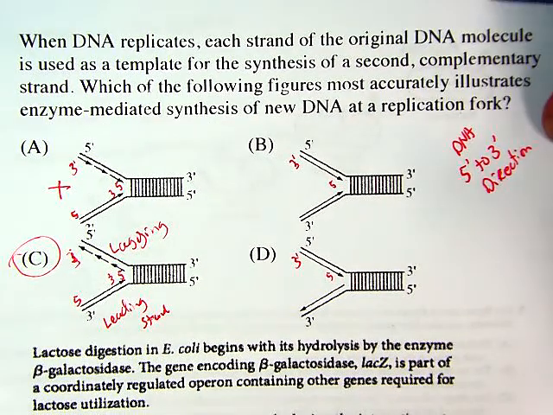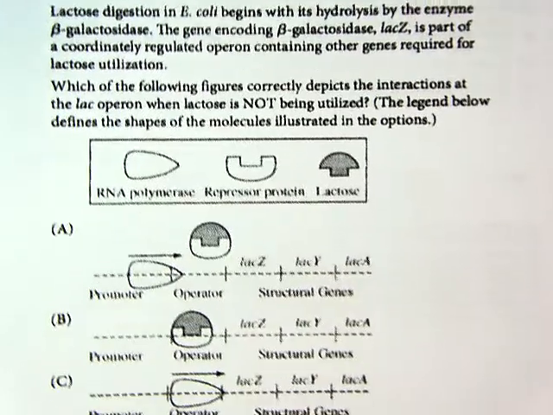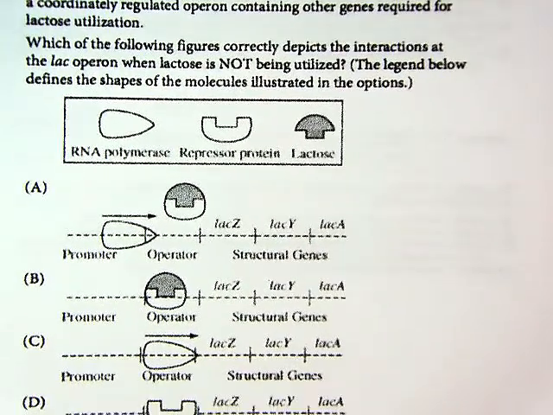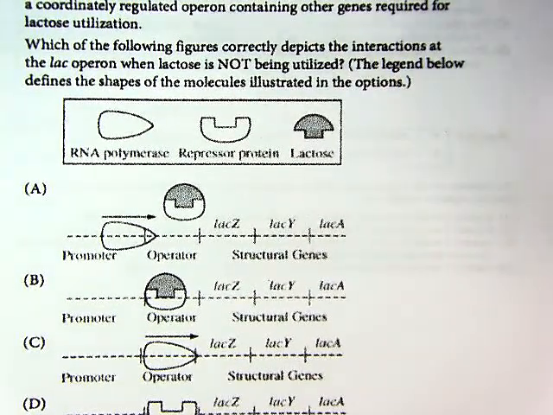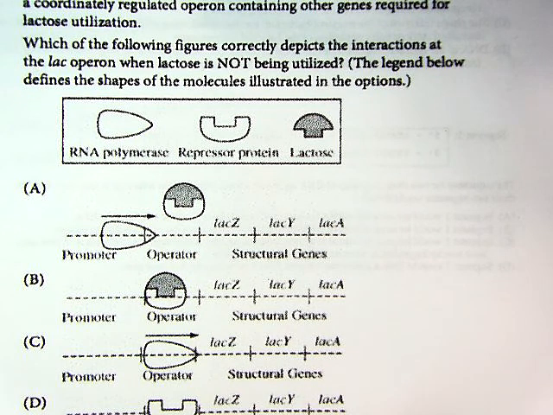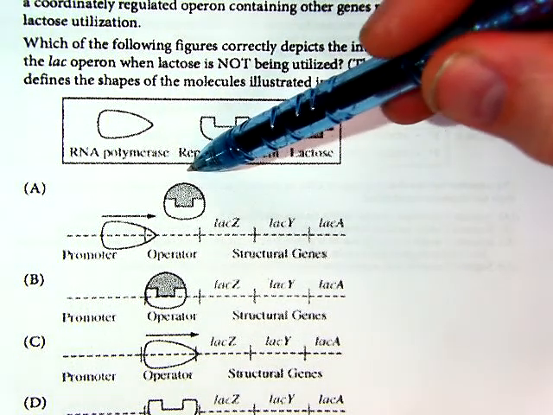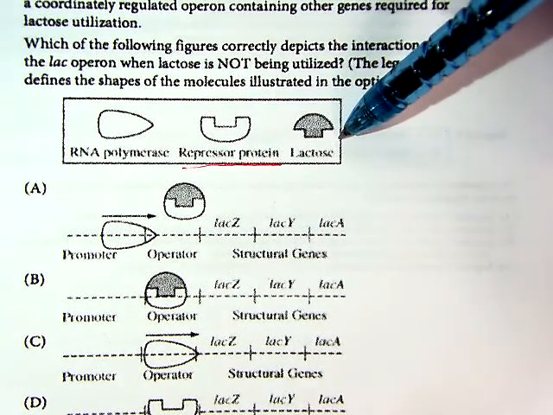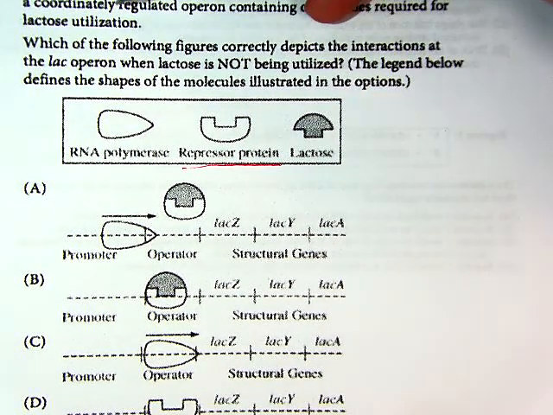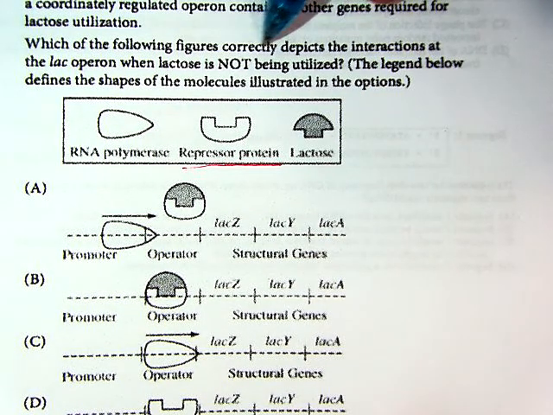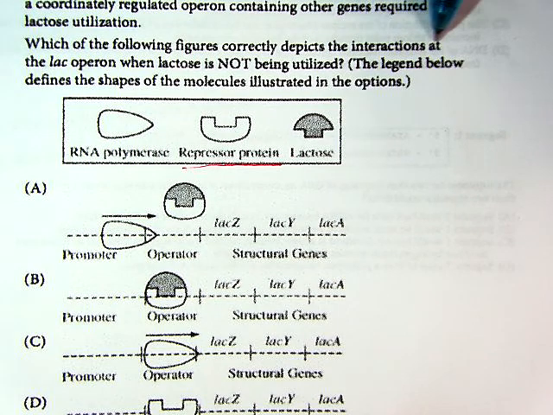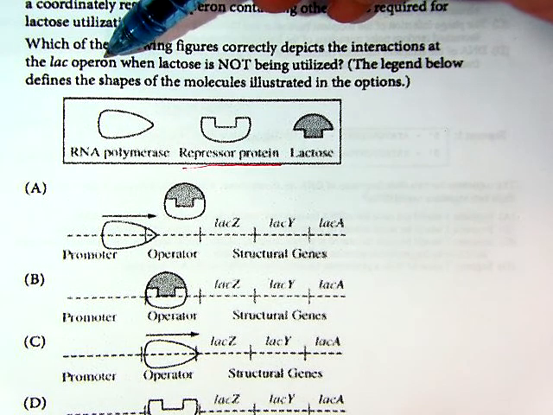The next one, let me write this for you so you can see it. So this is talking about lactose digestion in E. coli up here at the top. And it's talking about hydrolyzing an enzyme. They have this picture here. There's RNA polymerase. There's our repressor protein. Make sure you know what our repressor protein is. And here's lactose. The question asks, which of the following figures correctly depicts the interactions of the lac operon,